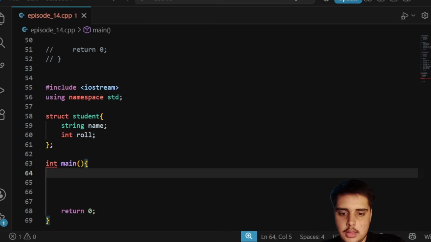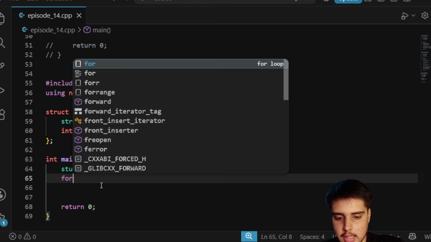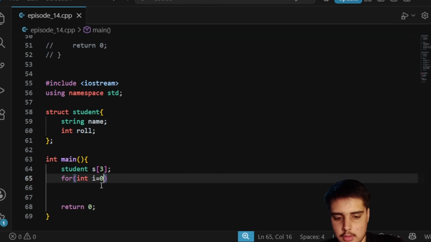After it, inside int main, I will say student s[3], which means we are having 3 students' values. So we will simply take a for loop. We will say for int i equal to 0, i less than 3, i plus plus,